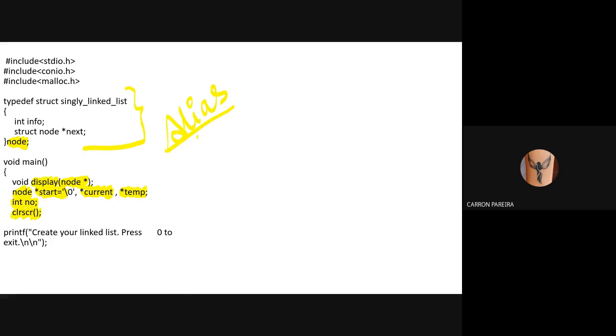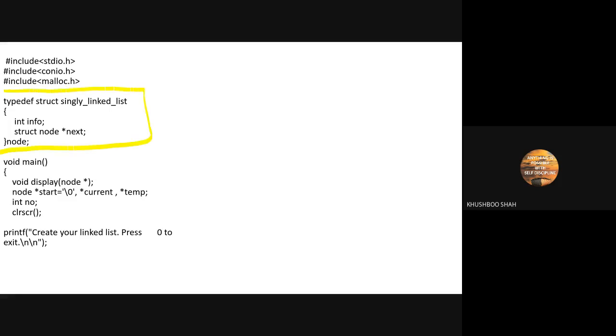Okay, just do one thing in your notebook. Just draw the graphical representation for this. You have only 1 minute. Do it quickly.